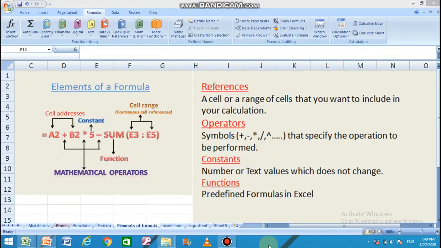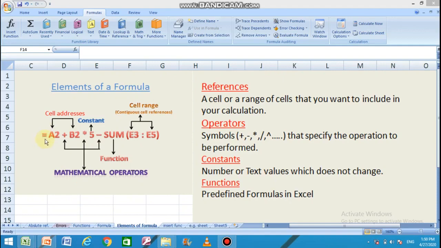The different elements of a formula. My dear students, a typical Excel formula can have various elements. First of all, a formula is always started with an equals to symbol.